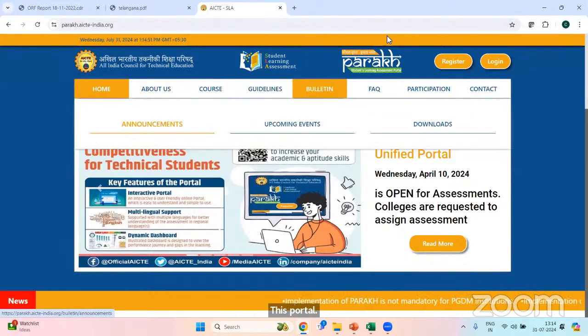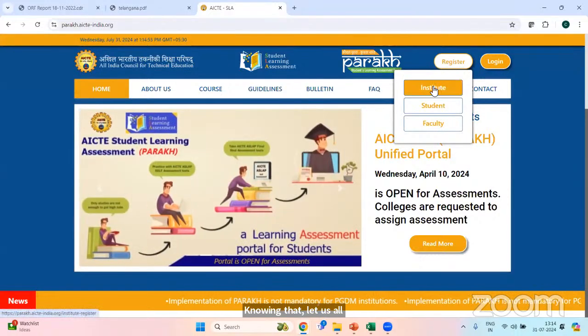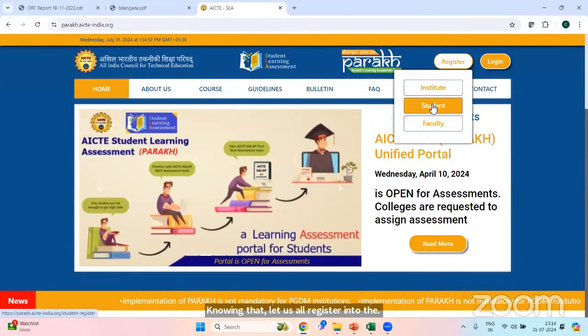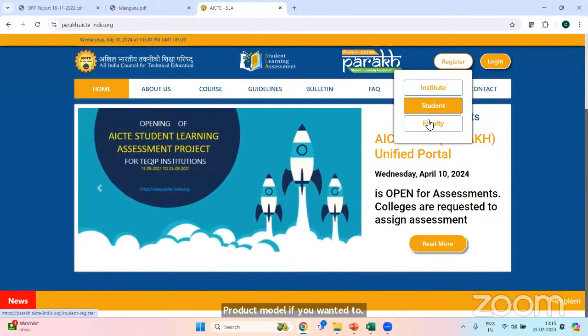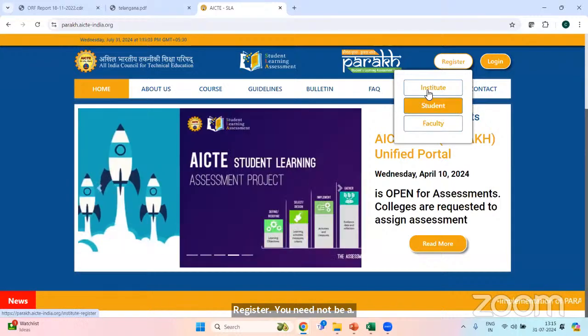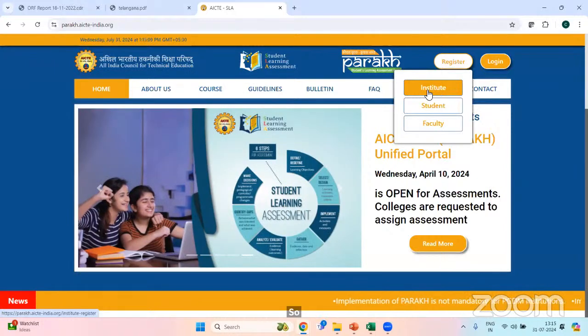Before knowing that, let us all register into the Parak model. In the Parak model, if you wanted to register, you need not be only a student, you can be a faculty also. You can be an institute also. So once you register as an institute, whoever is the head of the institute, if they register in this